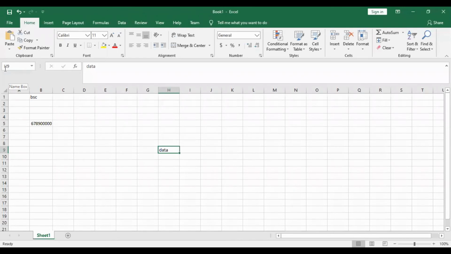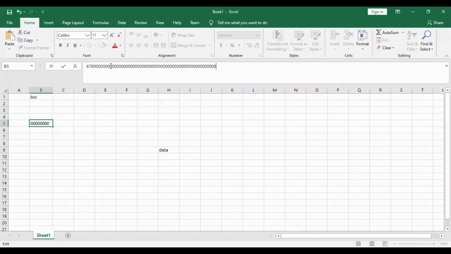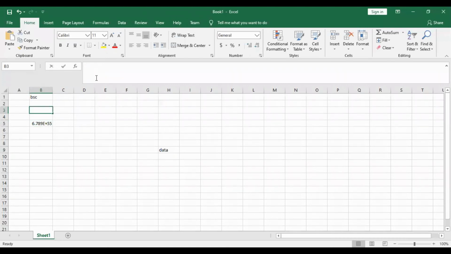If you want to enter long information, for example your name and anything else, for example, if I enter many zeros, this is your long data information. If you want to enter too long data, for example, I write